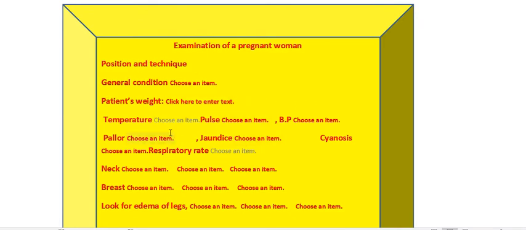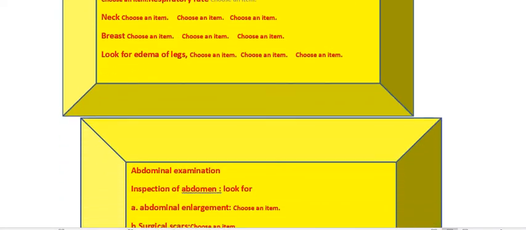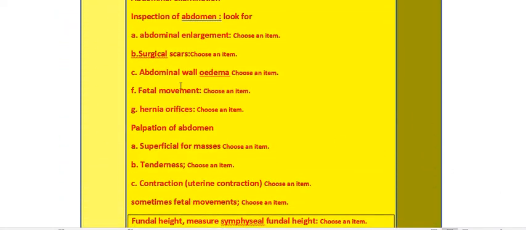We should determine the general condition, temperature, blood pressure, and whether there is goiter or not, and the neck, thyroid or breasts, and whether there is leg edema or not. And then we do abdominal examination: abdominal enlargement, surgical scars or not, edema of the abdominal wall or not, whether fetal movement can be detected, hernia orifices, and then we palpate for any superficial mass,